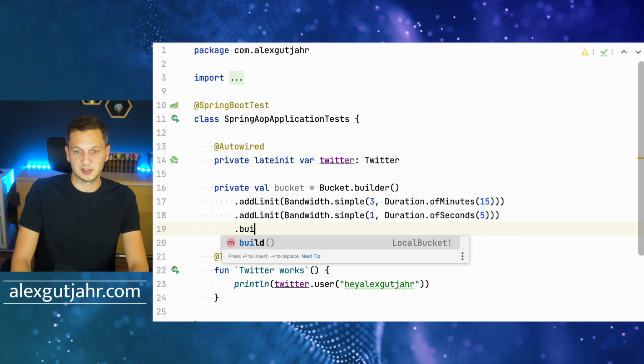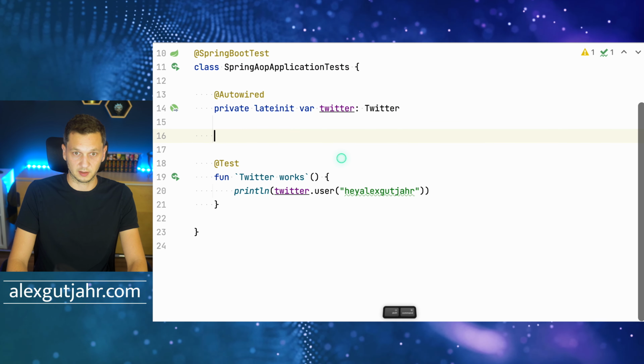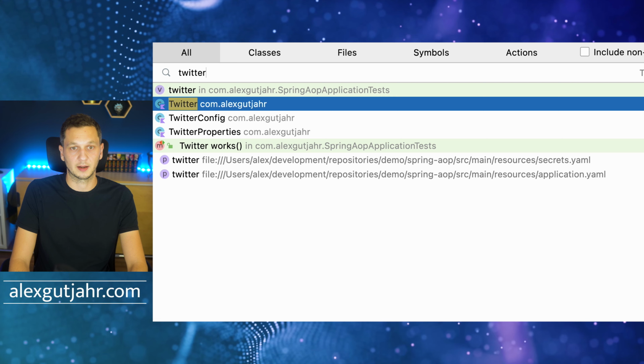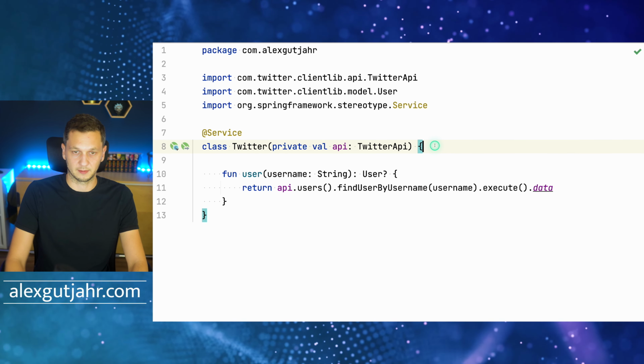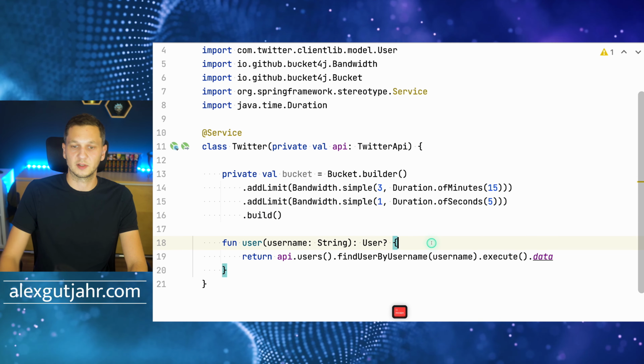So now let's build the bucket. And what we want to do, I totally made this in the wrong component. Let me just cut this here, because this is of course something that needs to go in our Twitter service. Let's go there. So I'm configuring the bucket in the Twitter service, because what we're going to do is now